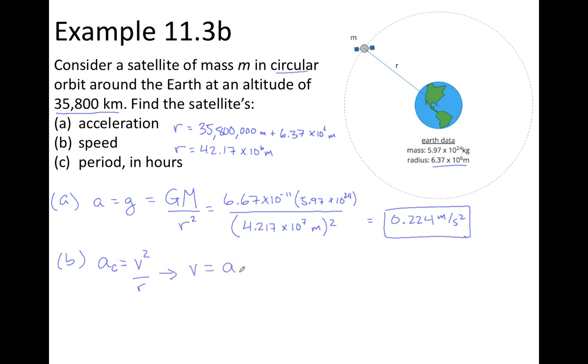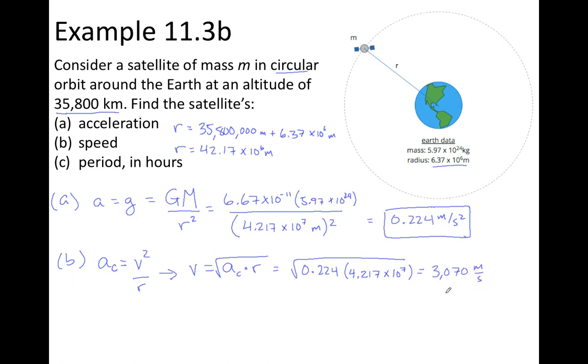It's acceleration times radius underneath the square root. I know my value for the acceleration. I know my value for the radius. Don't forget to take the square root. And we end up getting a speed of